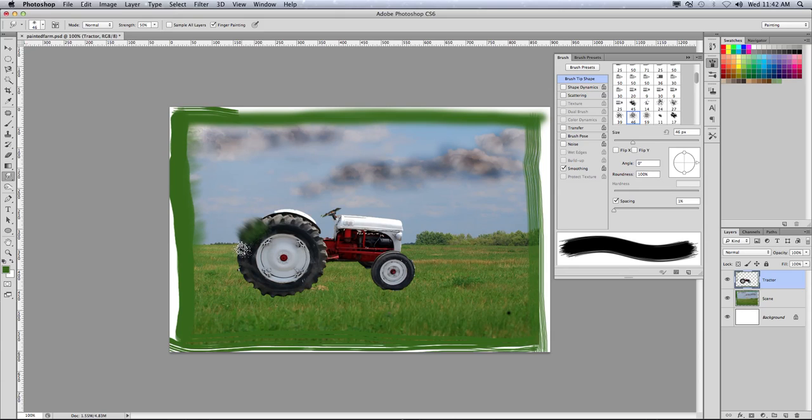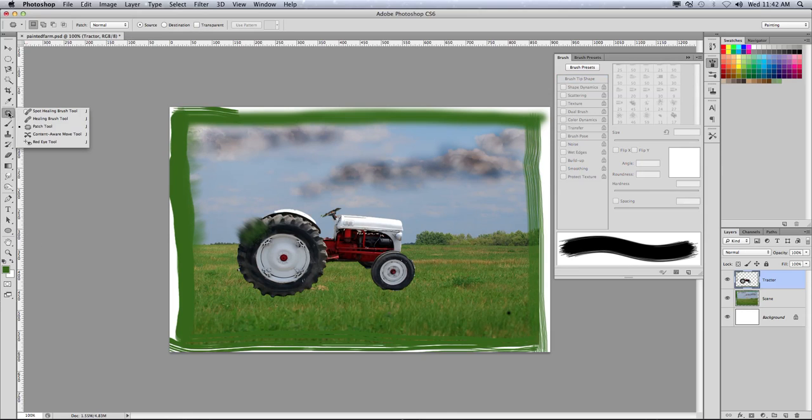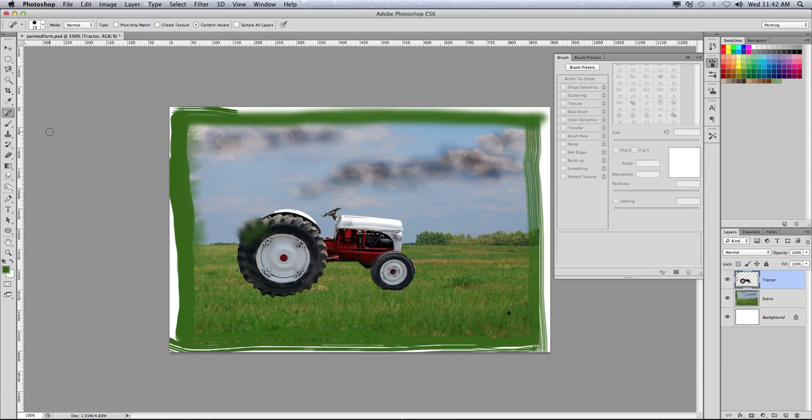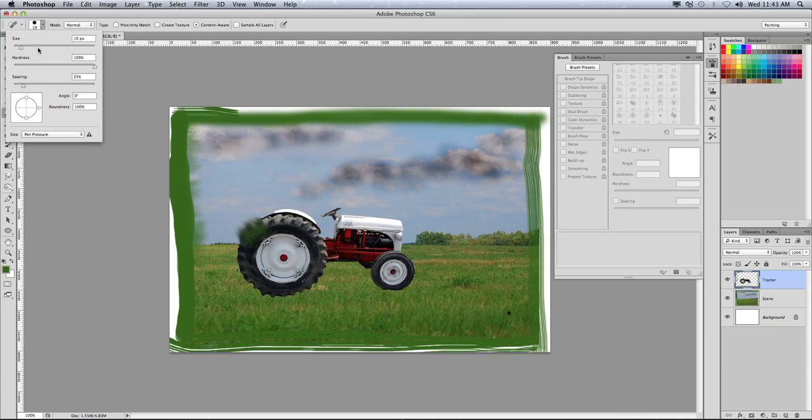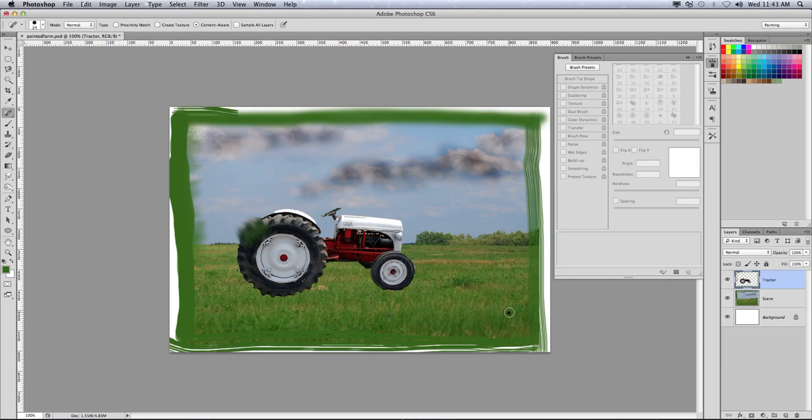Let's look at the spot healing. So if you go back to where it's now the patch tool, let's go to the spot healing brush. Okay, on the spot healing brush, let's come down here to this little black dot in the bottom corner of our screen. Before I go, I'm going to make sure my brush is selected. So in my spot healing brush drop down, I'm going to change my size to about 25 pixels. And what I want is content aware, so it's going to try to copy the background just like a clone stamp would. Now if I come here and I brush over it,